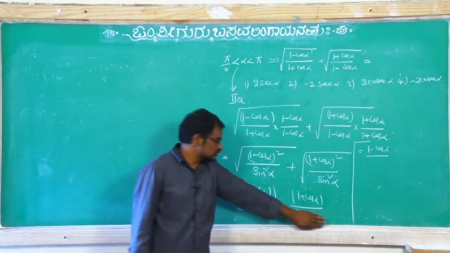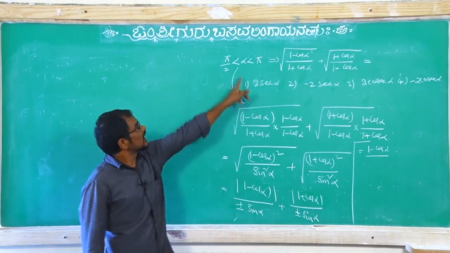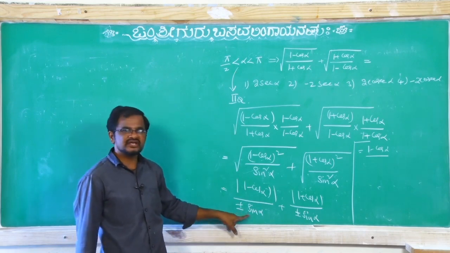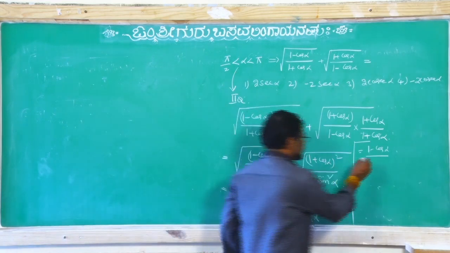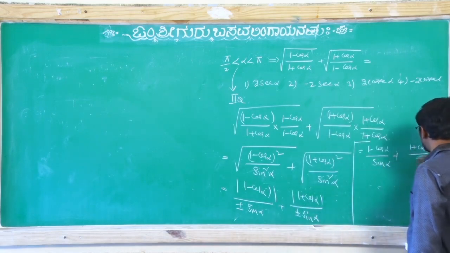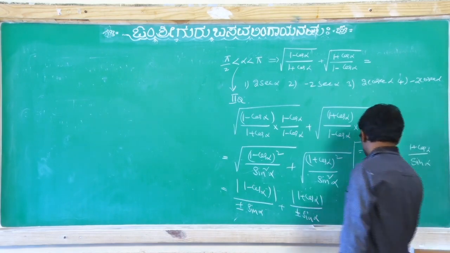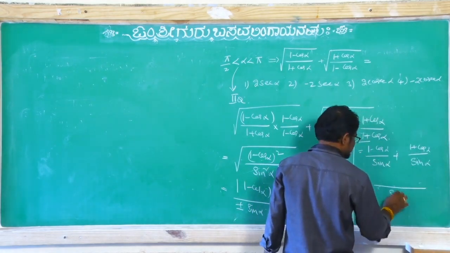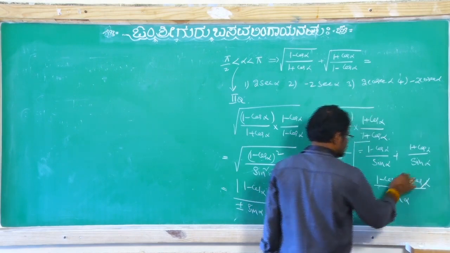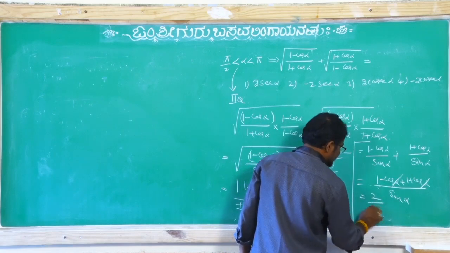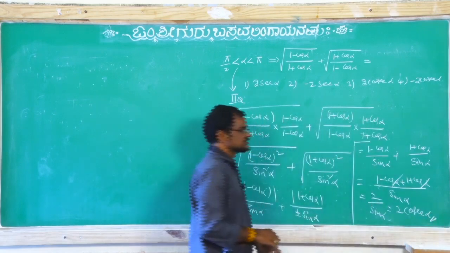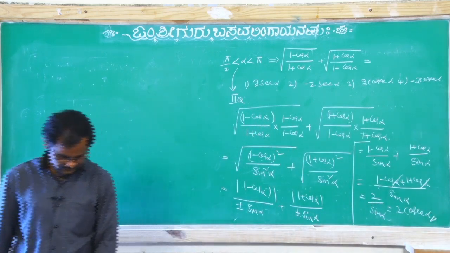But what about these two, this one and this one? Alpha lies in which quadrant? Second quadrant. In second quadrant, sine positive or negative? Positive. So that's why we have to take this as sin alpha and this is 1 plus cos alpha by sin alpha. Take the LCM. Sin alpha is LCM. So 1 minus cos alpha, 1 plus cos alpha, these two get cancelled, 1 plus 1 is 2, 2 by sin alpha, that is equal to 2 into cosecant alpha. This is our answer. Okay, right. Take one more problem.